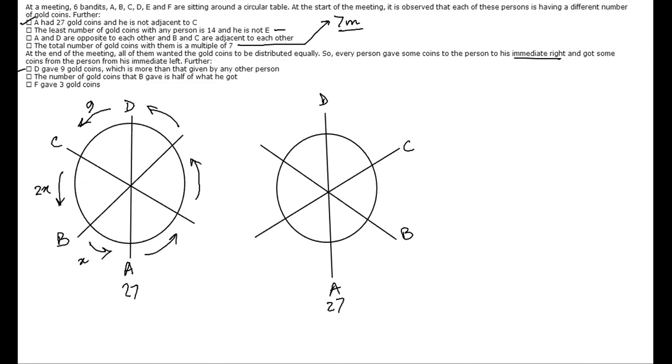Isn't it? See, the first question in your sheet: the number of coins at the end of the meeting when everyone has equally distributed, and there are choices 16, 18, 21, 24. What should be your answer? It has to be 21, isn't it? 21. Yeah, sir. Because I just now explained, right?